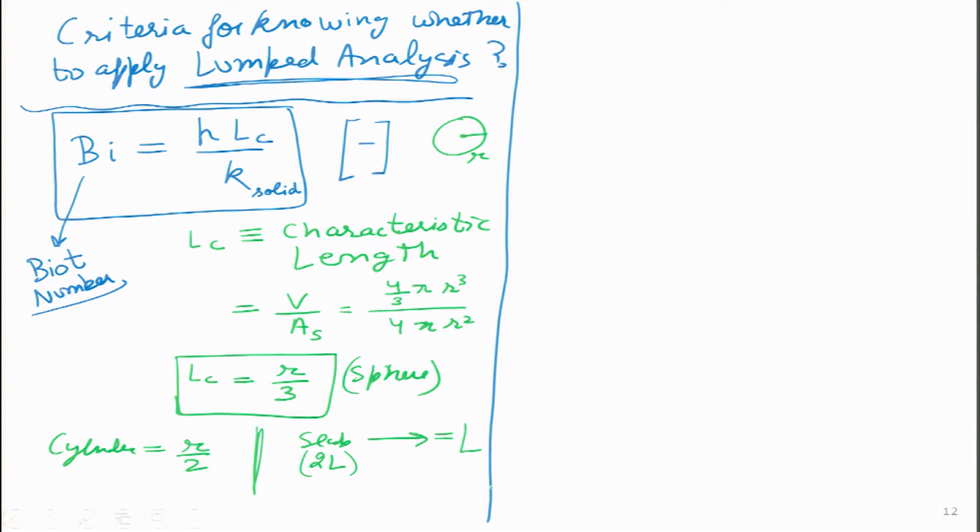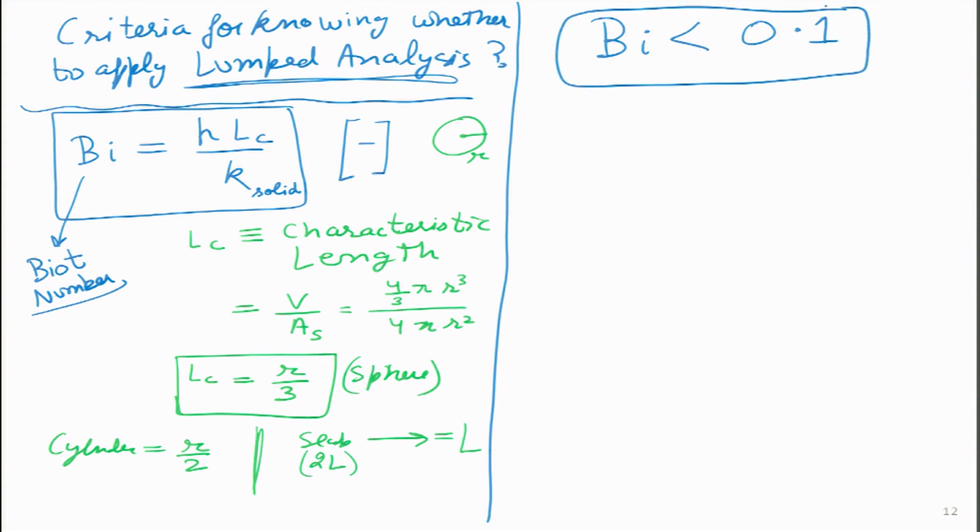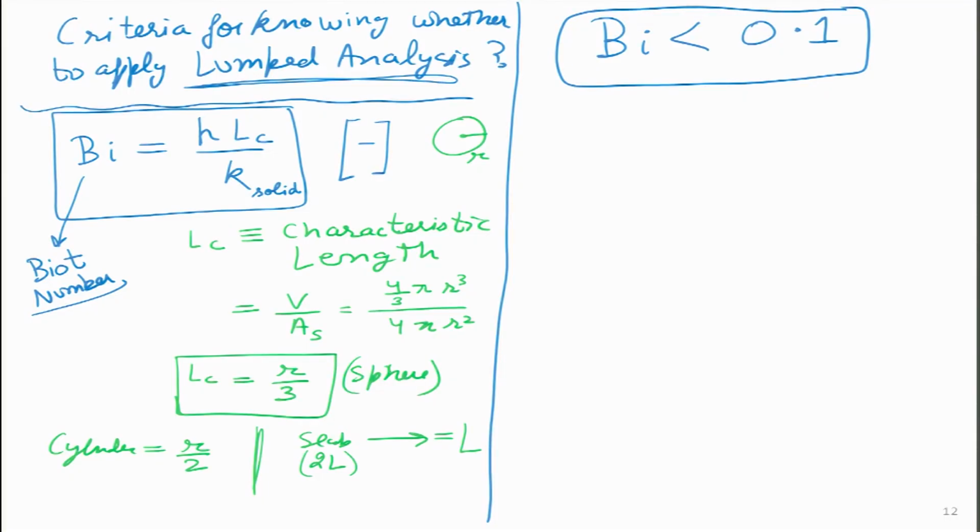Now what does the Biot number stand for? What is its physical significance? So first let me write the criteria. So an engineer can always figure out what is the Biot number of a system which is undergoing transient analysis. And if Biot number, after we have calculated it, we will do very quickly a solved example, turns out to be less than 0.1, then we can be very sure that we can apply the lumped analysis with a certain approximation. So if the Biot number is less than 0.1, then lumped analysis can be applied.